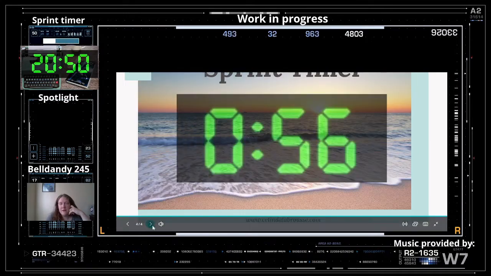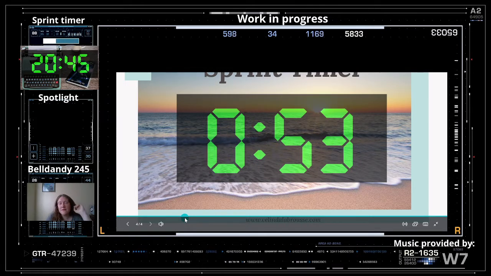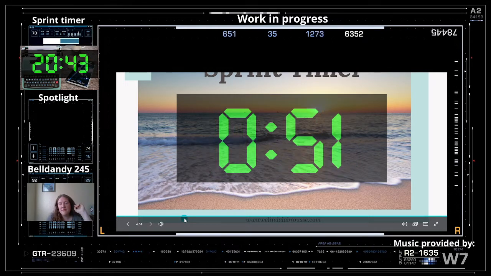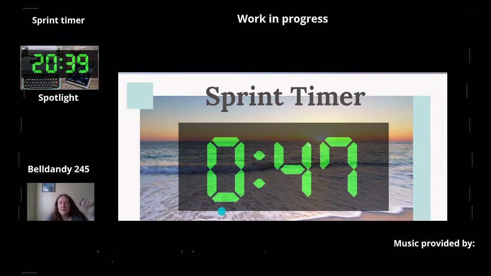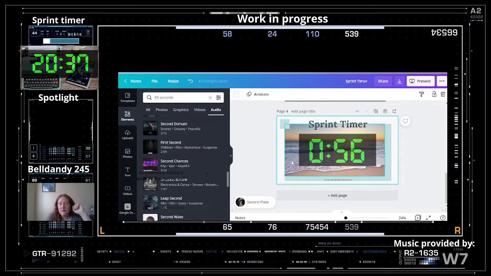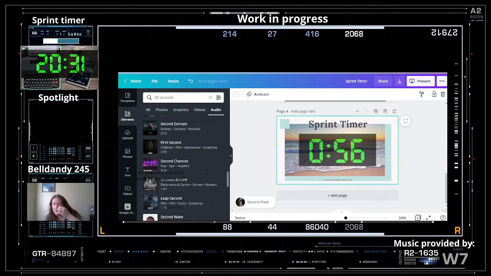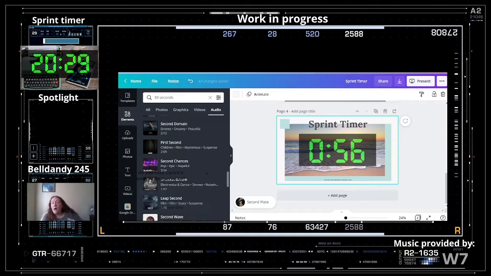And then finally, the last sprint timer there. And then when this counts all the way down, we'll be back where we started. Oh,